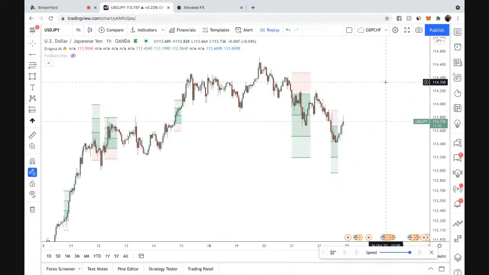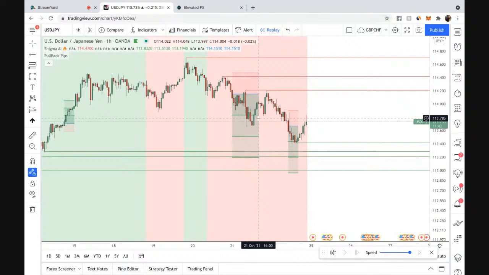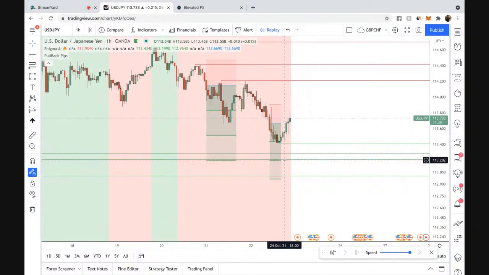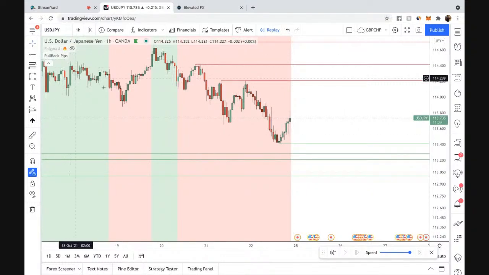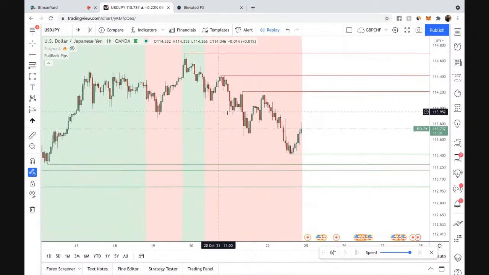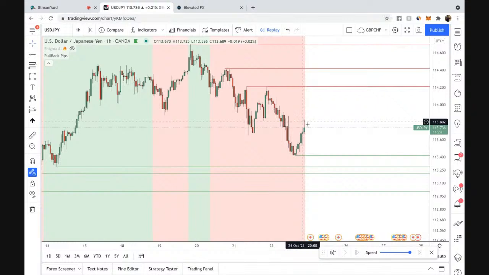There we go. Pullback pips is bearish, as you can see. What's even better is that we have some structure areas, structure 1, structure 2, structure 3. These are all referenced. So what I'm just going to do is remove Enigma and let's do some inspecting, right? Looking at this chart, I like UJ, because we can see that we're possibly bearish.